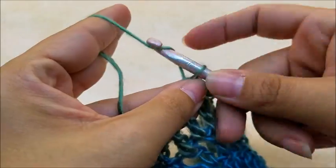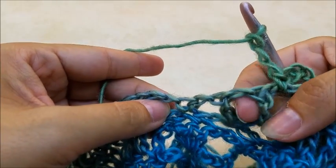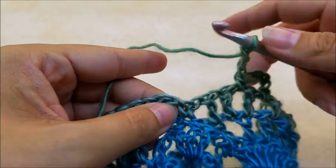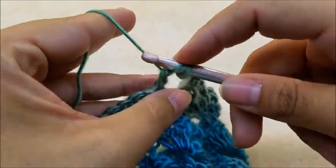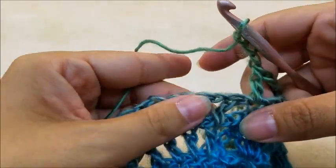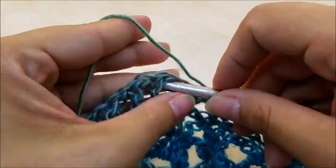Now we're going to chain 3. 1, 2, 3. Skip these 2 chain spaces, and we're going to put 1, this is going to start our repeat, 1 double crochet into the top of this single crochet right here. Then we're going to chain 3 like that, skip these first 2 chain spaces, single crochet into the next,